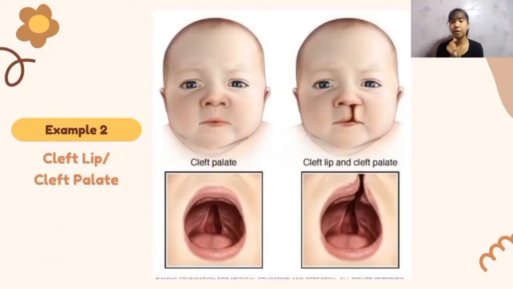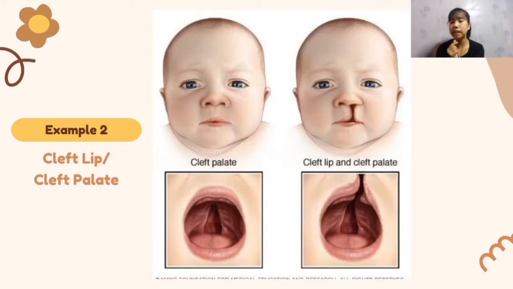The second example is the cleft lip or cleft palate. Cleft lip and palate are birth defects that occur when a baby's lip or mouth do not form properly during pregnancy. Together, these birth defects commonly are called orofacial clefts. Cleft lip and cleft palate are openings or splits in the upper lip, the roof of the mouth, or the palate, or both. Cleft lip and cleft palate result when the facial structures that are developing in an unborn baby